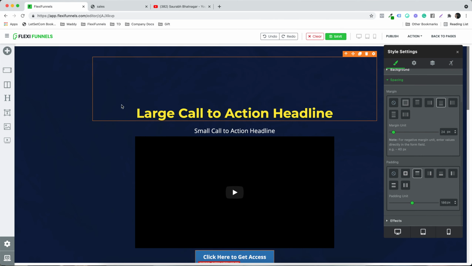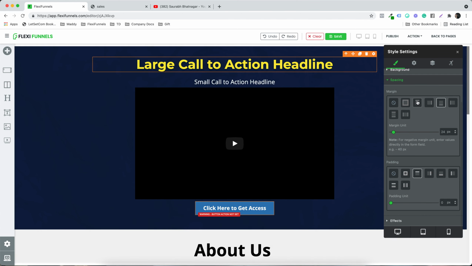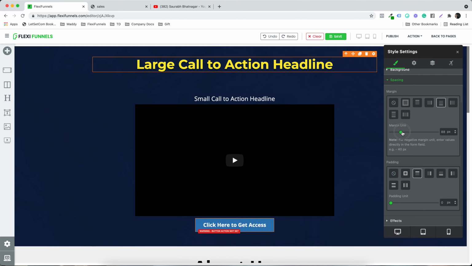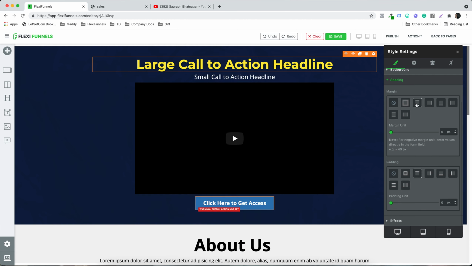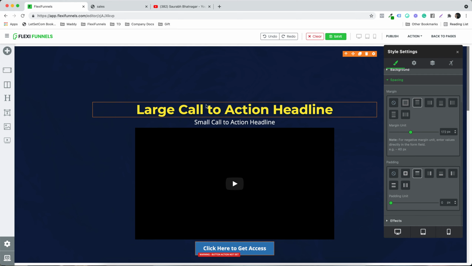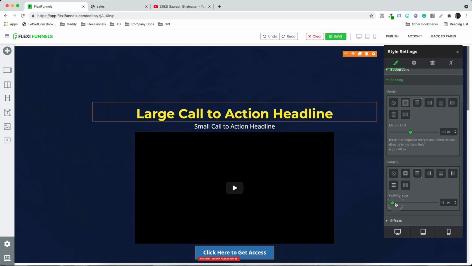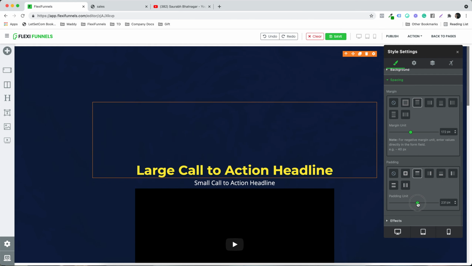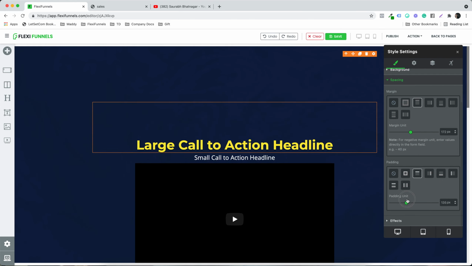So if you will see, when I gave the margin, let's pay close attention. When I gave the margin, and let's select the first one, this entire orange thing has come down, right? This entire orange thing has come down. But when I'm clicking on padding and when I'm increasing the padding, right, there is a spacing that is coming out right over here, right? So let's suppose